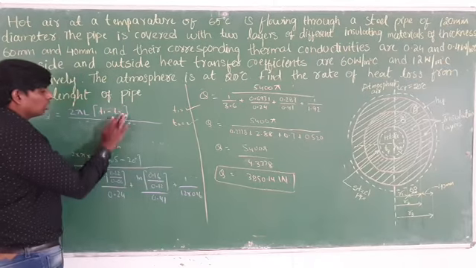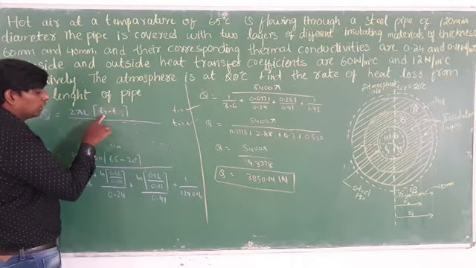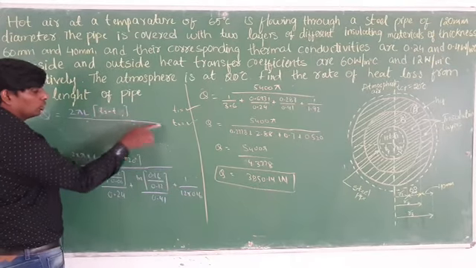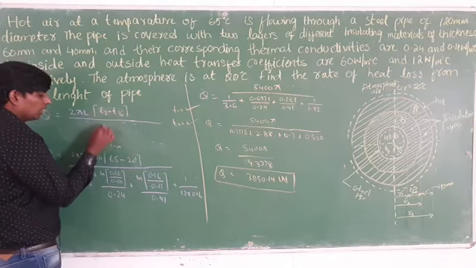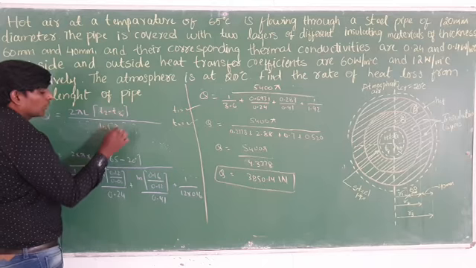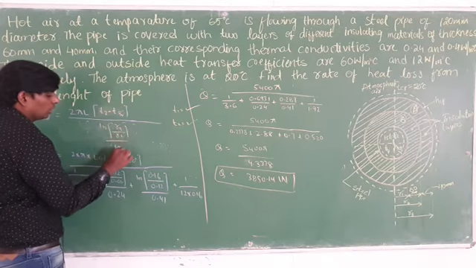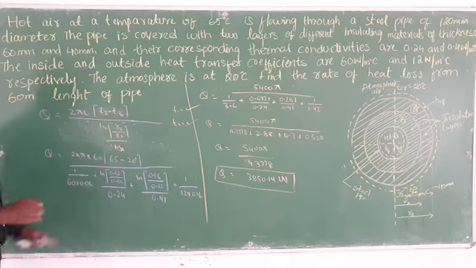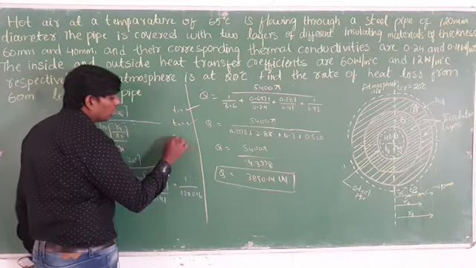If you want to find T3, what do you have to do? You want to find T3, so T2 minus T3. In between that there is ln of R3 by R2, divided by Ka, ln of R2 by R3. With the help of this, you know everything except T3. From this you will get the value of T3.